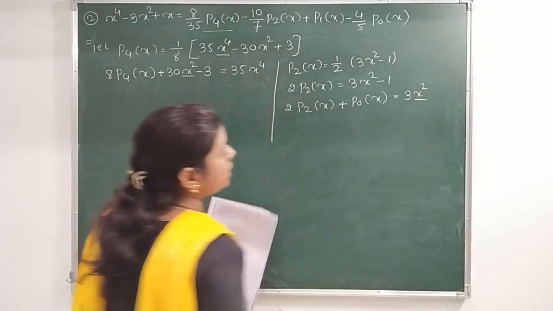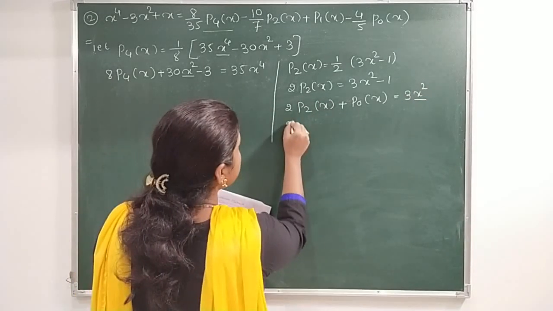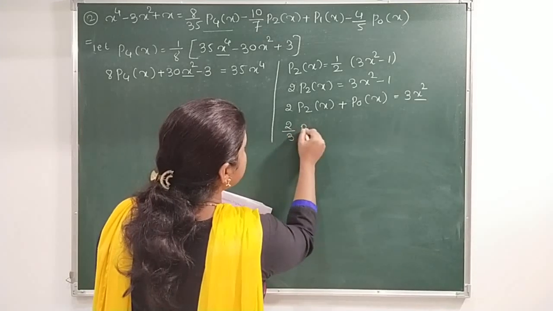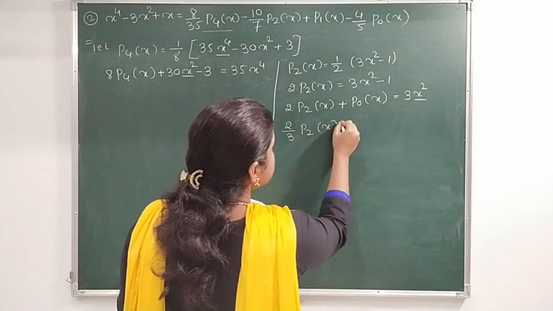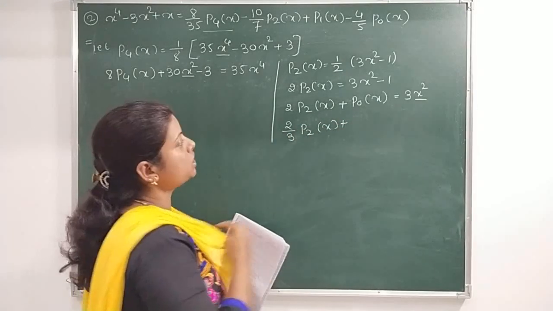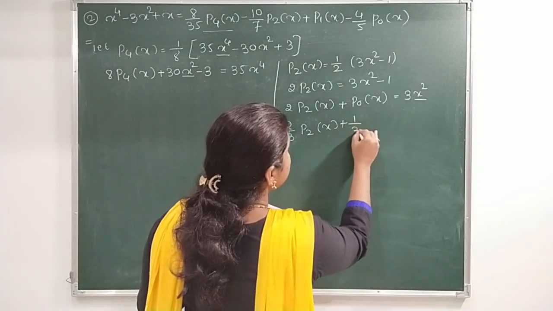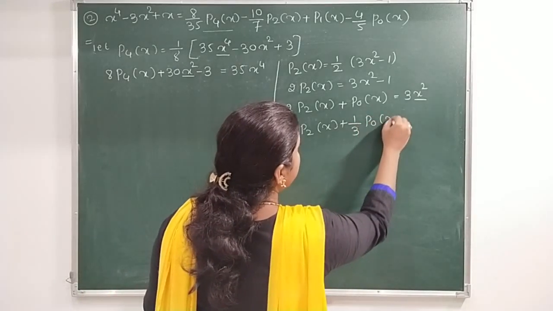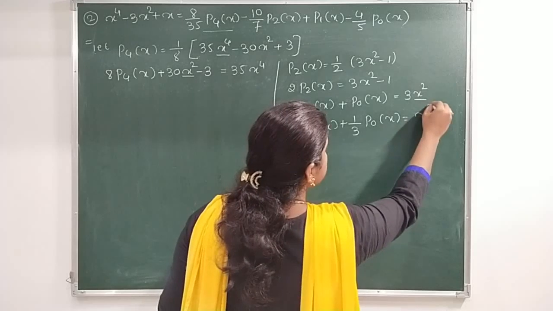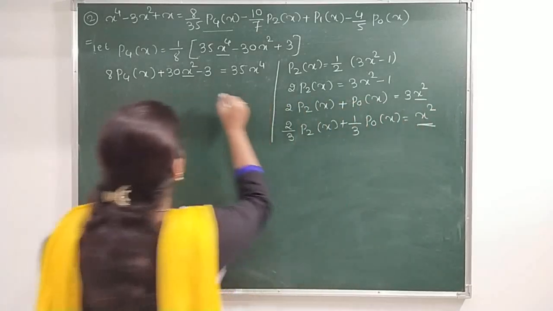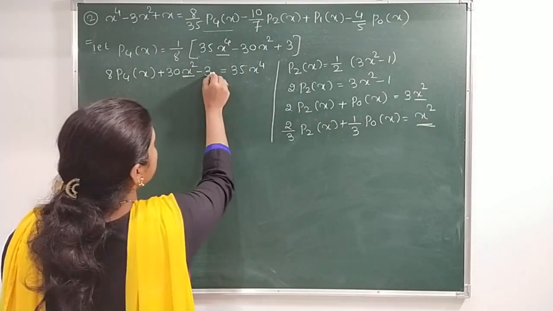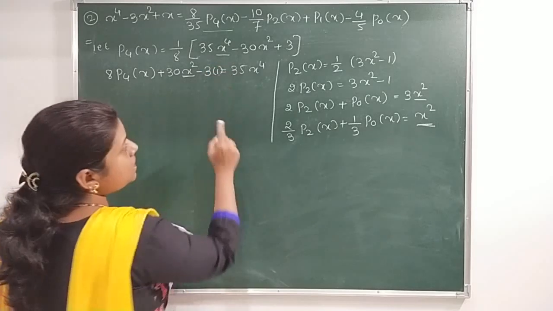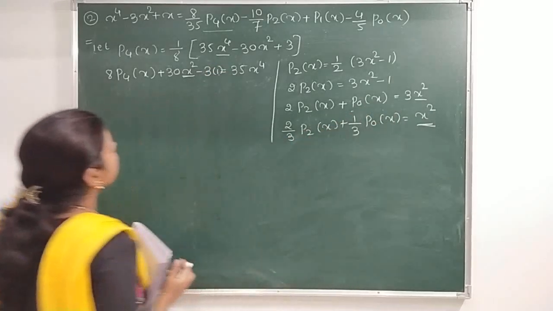Again we have to take this 3 in the denominator of both the terms separately. As I already told, you have to take it separately for the denominator of each term. It is easy to simplify. P0 of x is equal to x square. Now you have to replace this x square term, and here the 1 you have to replace as P0 of x.